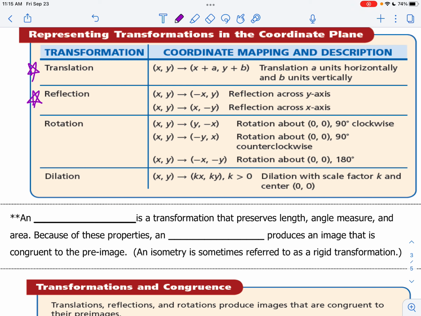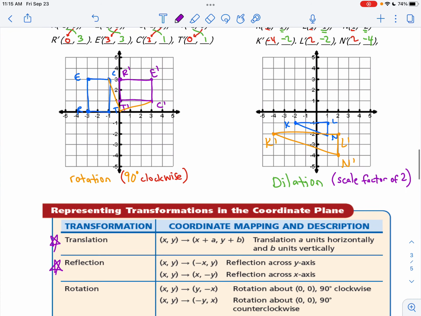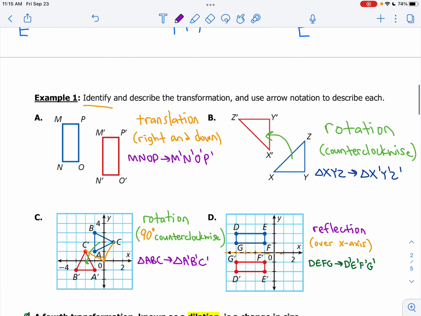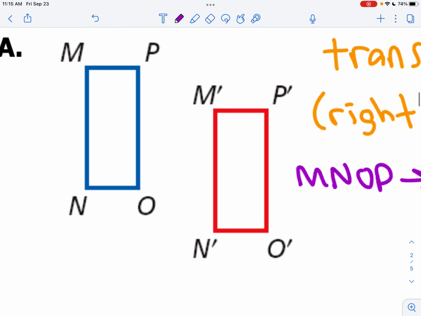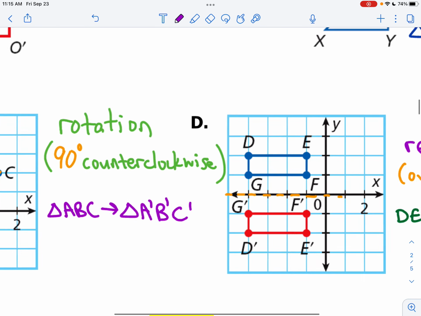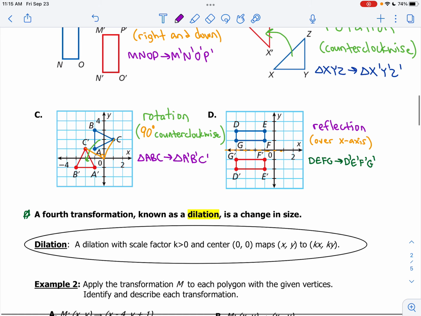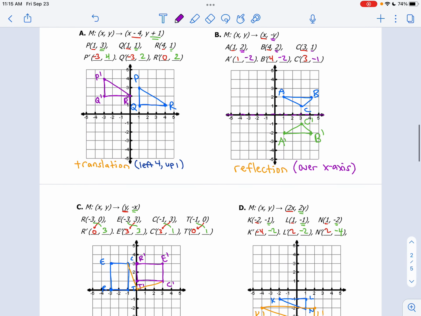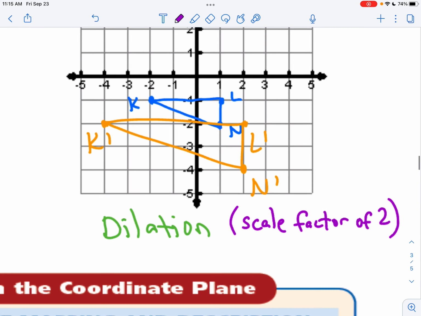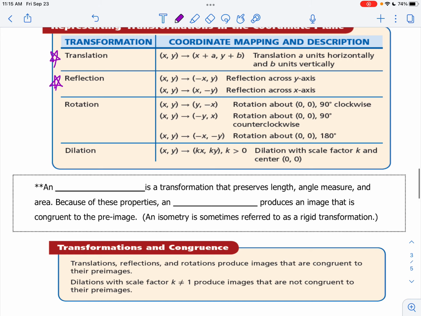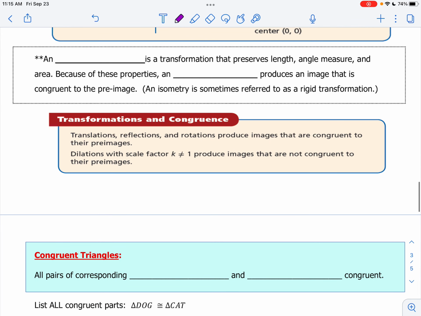All right, now, something I purposely didn't talk about yet, but if you go back to every problem we've already done, these two are the same size and shape. Every picture you've made except for one was the same size and shape. The only time we didn't get that was our dilation. Those are not the same size, still the same shape though. So something special. The word is